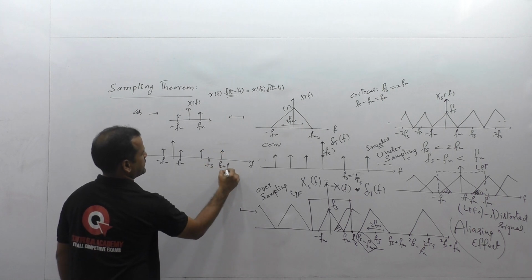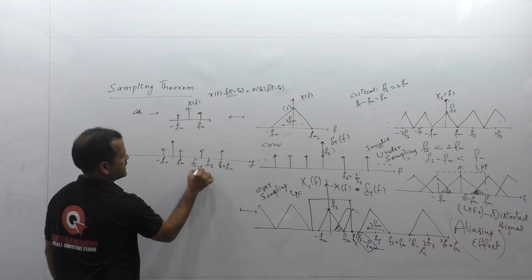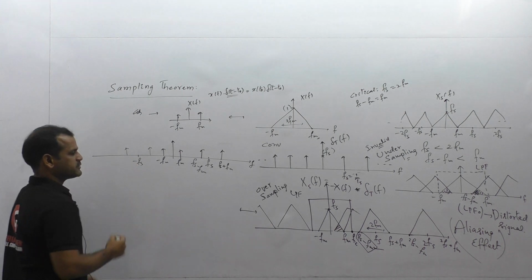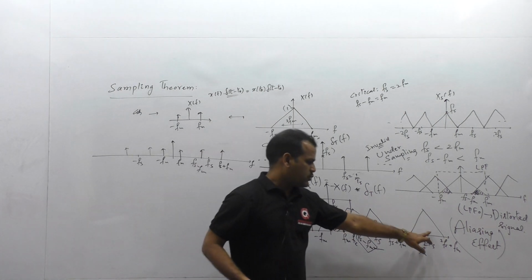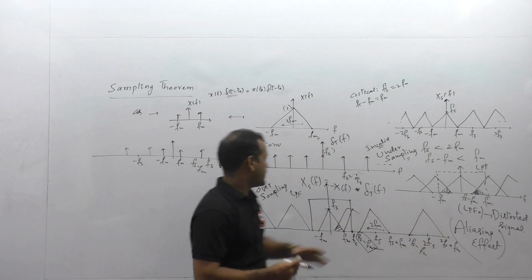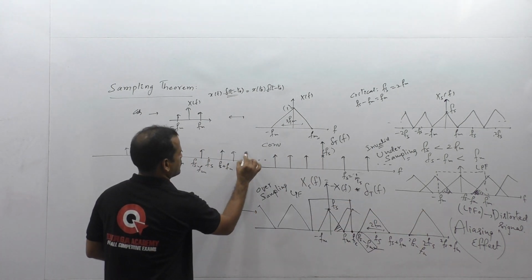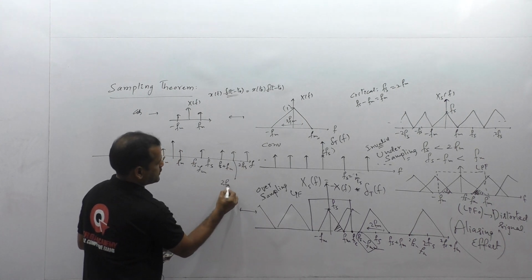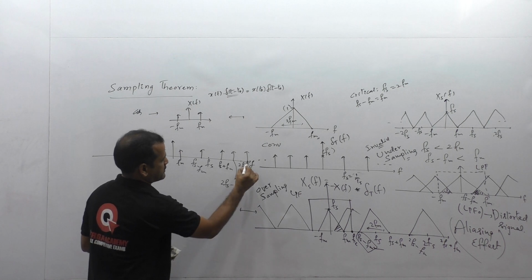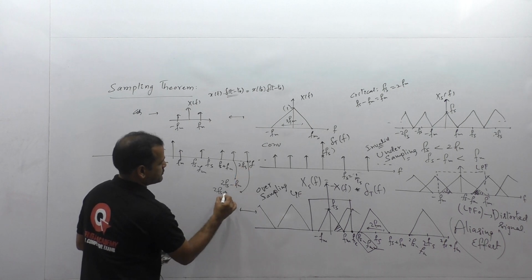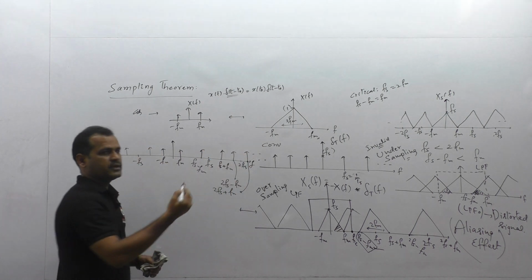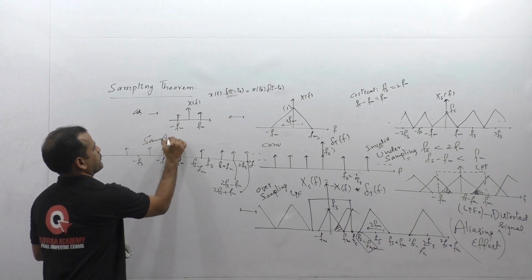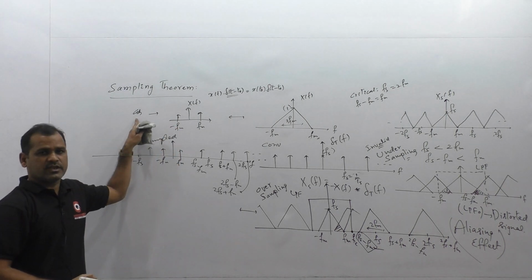This is Fs plus Fm, this is Fs minus Fm, and then similar components on the left hand side at minus Fs. And then as per this 2Fs centered spectral components, we have one more combination here at 2Fs. That means this component is 2Fs minus Fm, and this component is 2Fs plus Fm, and so on. We can observe different frequency components in the sampled signal of a cos or cosinusoidal signal.